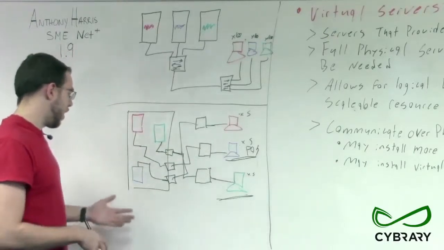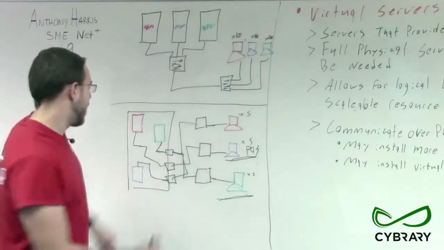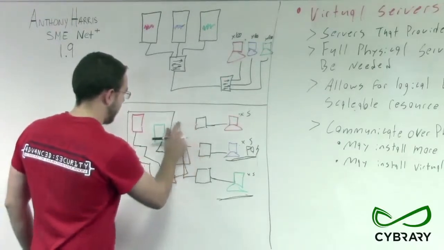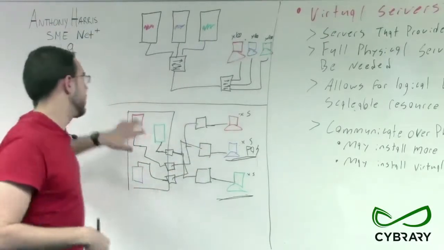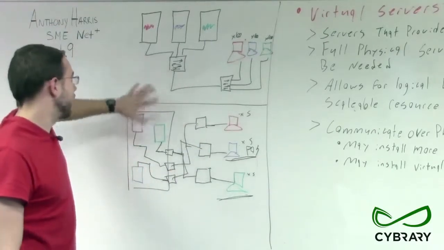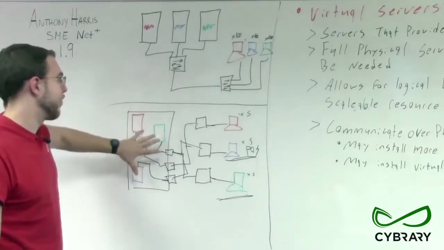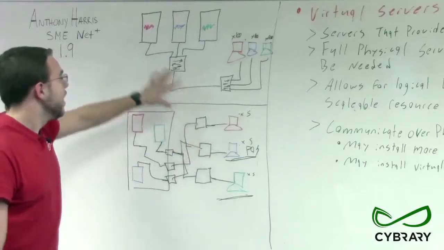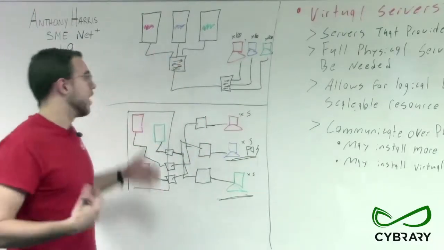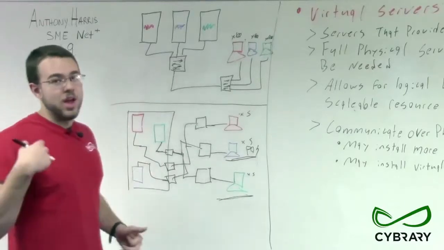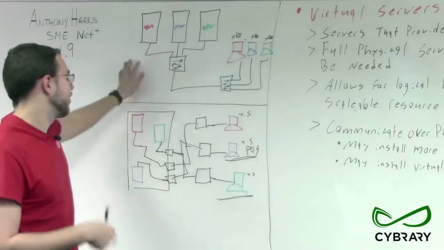So we can see now how our different networks may be utilizing different types of setups for virtual servers versus physical servers. We can see how virtual servers may be better in certain environments and physical servers may be better in certain environments, and we can utilize our different physical servers and virtual servers for providing us with scalable resources or non-scalable resources,